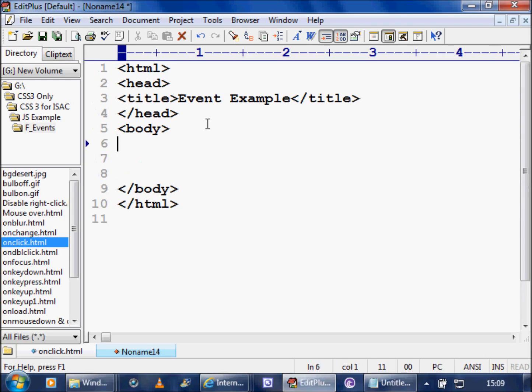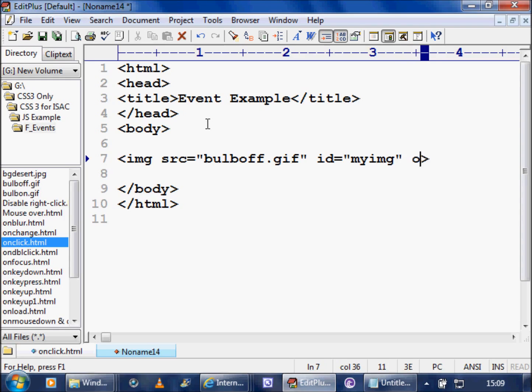Here I will try to display one image here. So img src equal to, I have one image, bulb off dot gif, one image is there, okay, and say id equal to, you can give some id of this image, my img, okay, close it here,